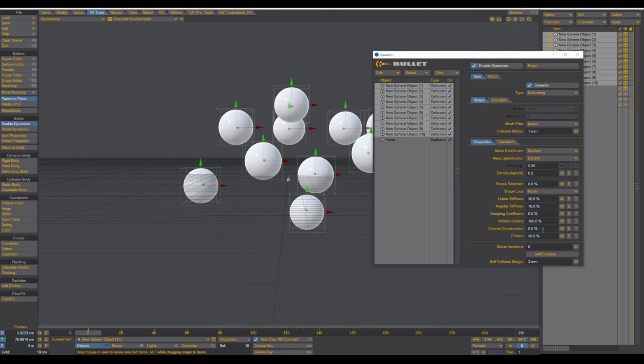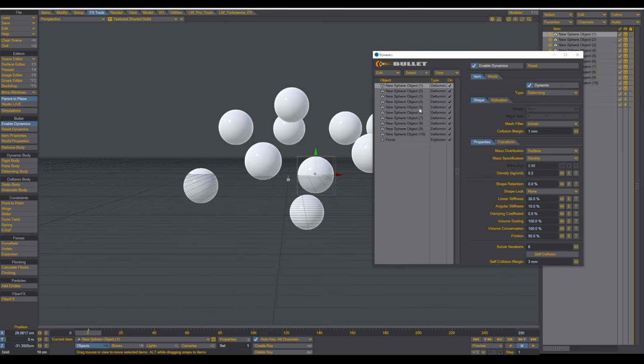Okay, so what happens when we say 100%? So we give every sphere the possibility of 100% force to go back as fast as possible to the original shape. So they squish and then they start to push again to the original shape. Okay,